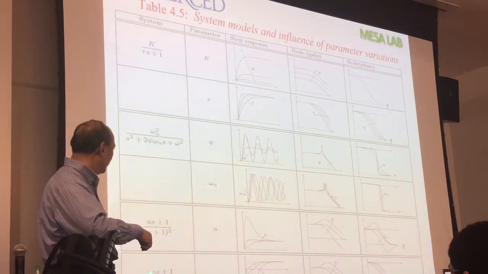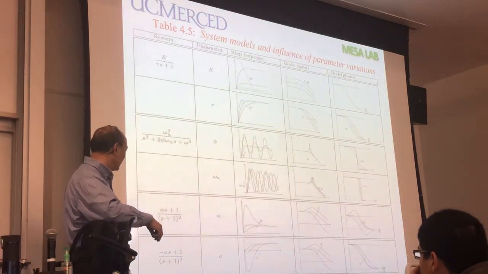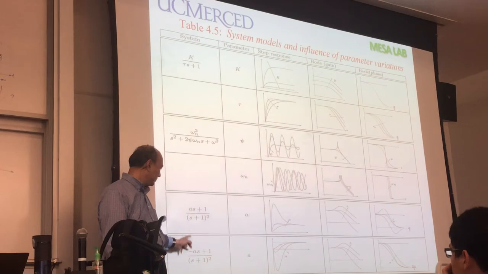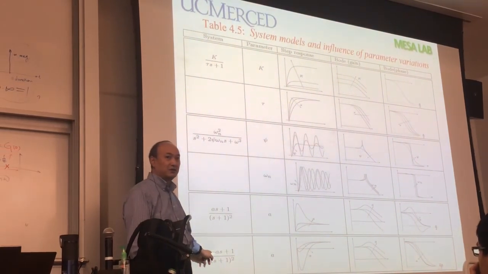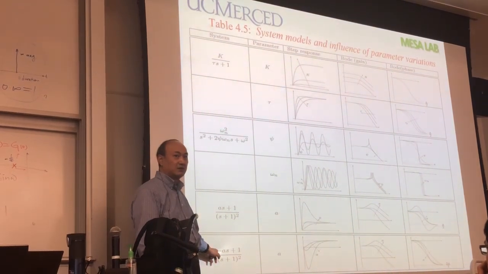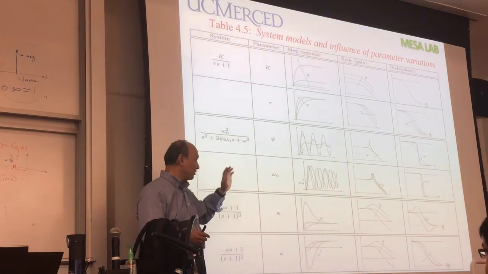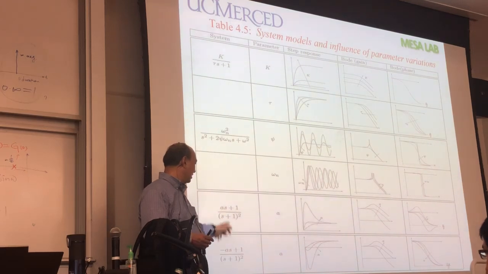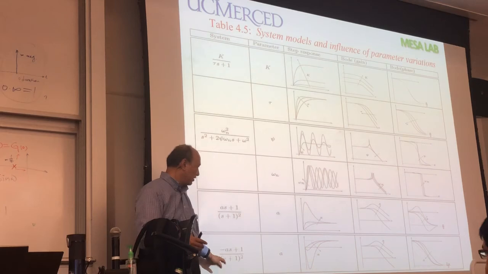So now, if we put a minus sign in here, what's the difference between this and this? The only sign here is different, okay? In other words, the zero living on the left half plane, when A is greater than 0, will be mirrored in the right half plane. So this is a kind of non-minimum phase